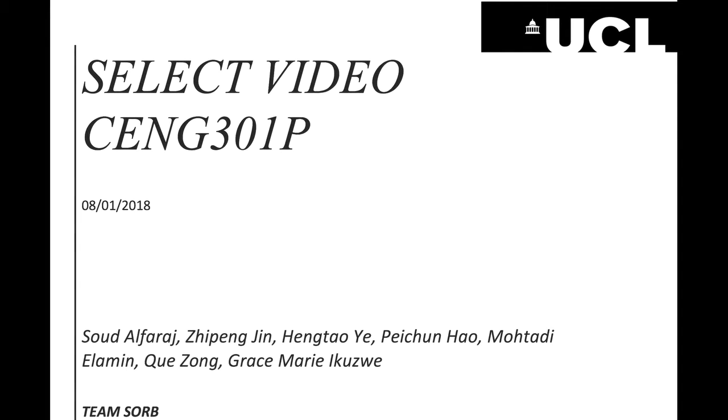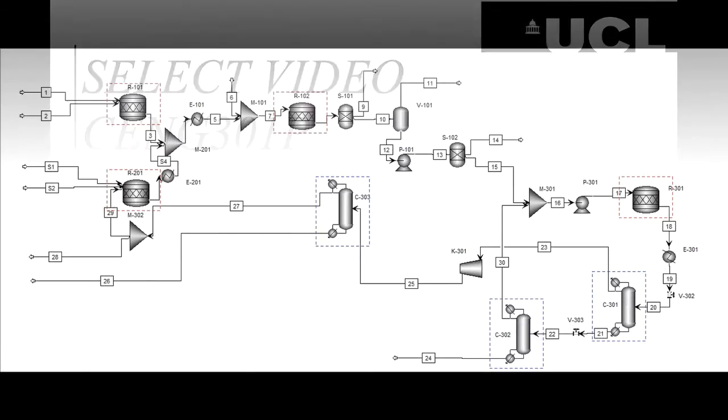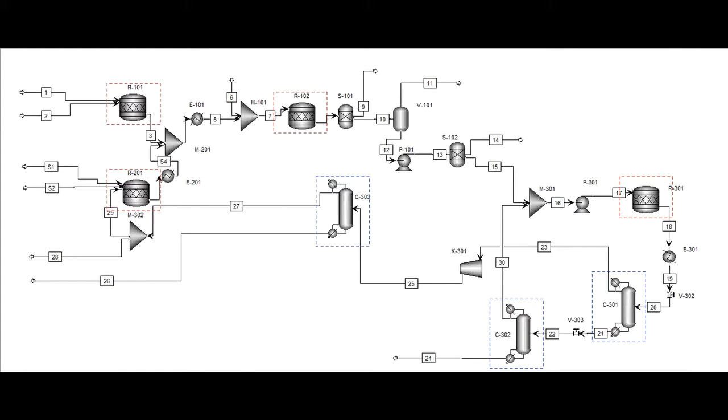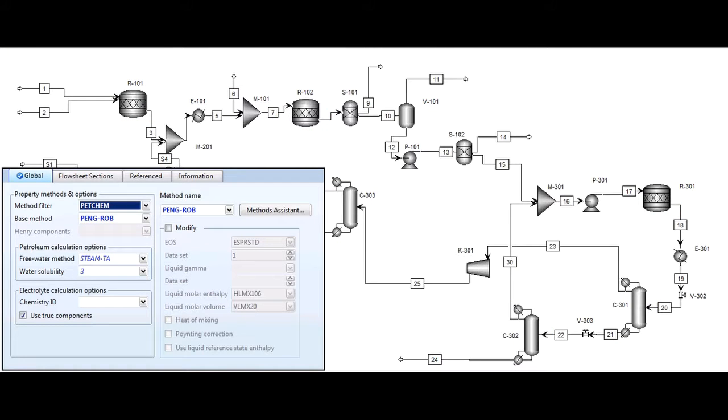Hi, this is a video demonstrating and assessing the Aspen simulation for the select report for Group S. Firstly, for the assessment of the thermodynamic model, the MEF filter that was chosen was PETCHEM, as the VCM production process will need a petroleum-based equation of state property method due to the presence of many hydrocarbon compounds throughout the